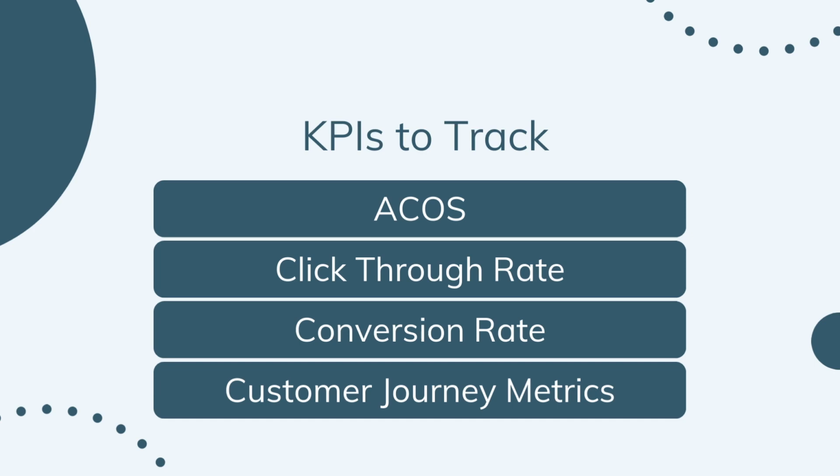You can kind of diagnose as a pathway of where the problem is. Like if you have a high click-through rate but a low conversion rate, it means they're getting to your detail page, but they're not making that final purchase. Maybe your price is too high relative to the comparisons that they're making. Maybe there's a detail on your detail page that people are seeing and they're not liking it, or there's just not enough information on your detail page, so they're leaving and they're not making the